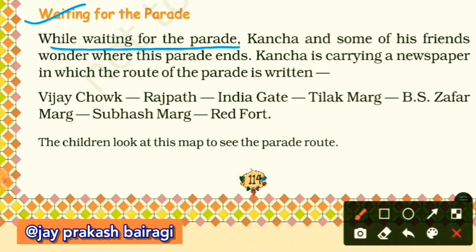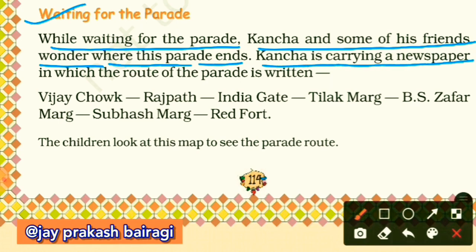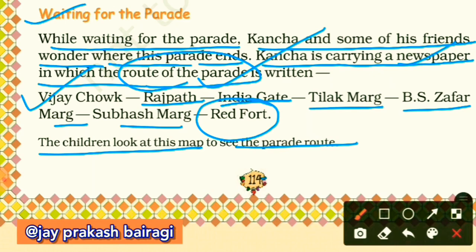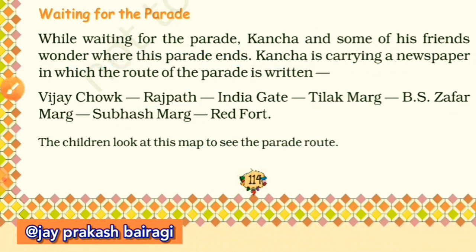While waiting for the parade, Kancha and some of his friends wonder where this parade ends. Kancha is carrying a newspaper in which the route of the parade is written. They all want to know where the parade starts and where it ends. On the newspaper it was written: first Vijay Chowk, second Rajpath, third India Gate, fourth Tilak Marg, then Bahadur Shah Zafar Marg, and at last Subhas Marg, and it ends at Red Fort. So the children look at this map to see the parade route. Now let's find out this whole route